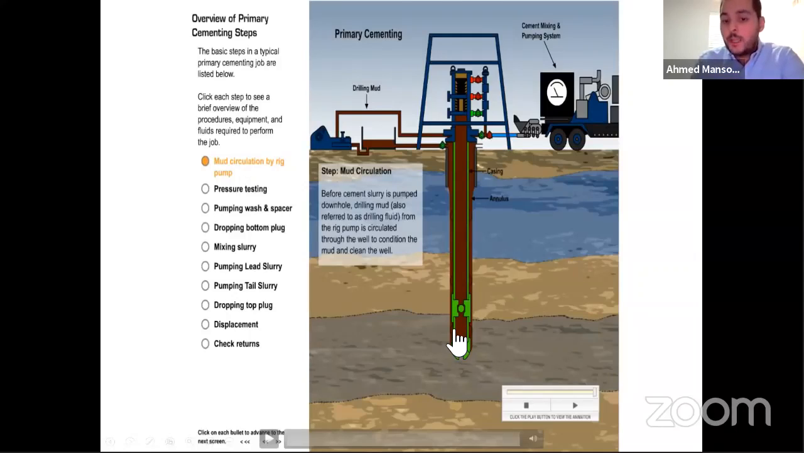Because if we keep the well in static mode, the mud could change from liquid phase to jelly. So it's going to be very hard for us to displace the mud whenever we start pumping the cement. That's why we need to keep it circulating. Another thing, we need to clean up the annulus here. As a result of the draining, we need to clean up the annulus because